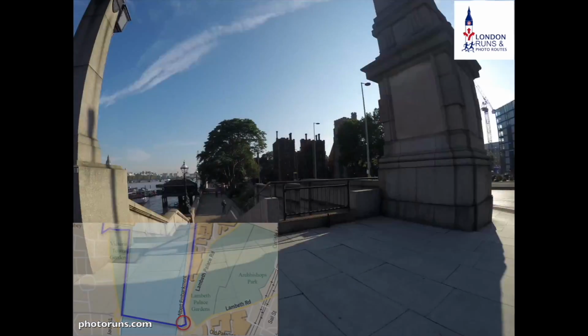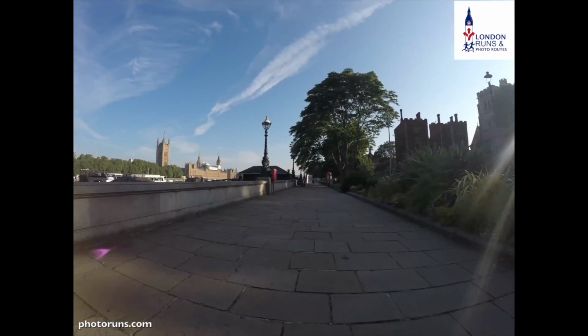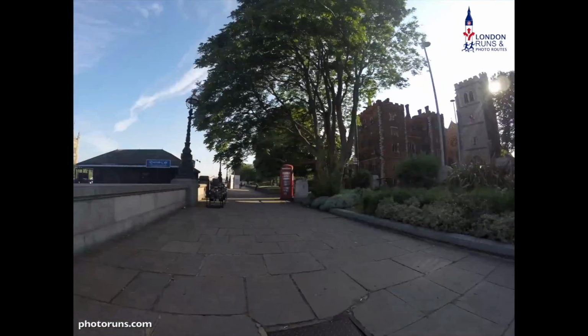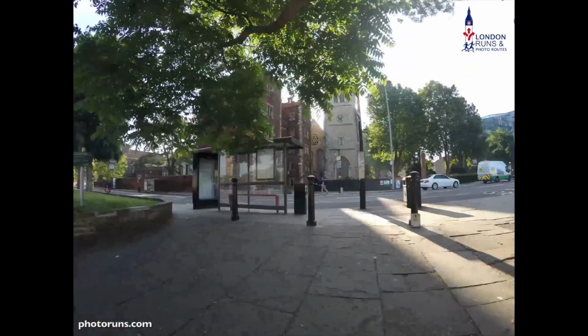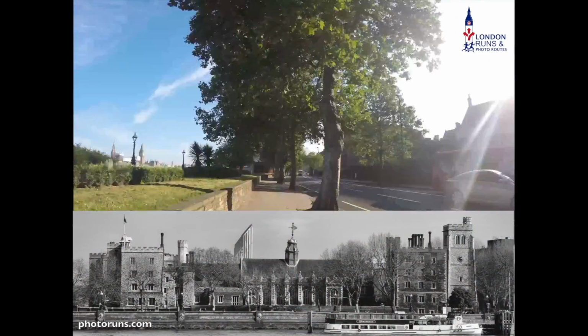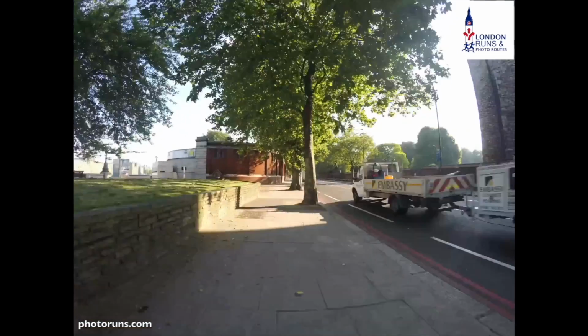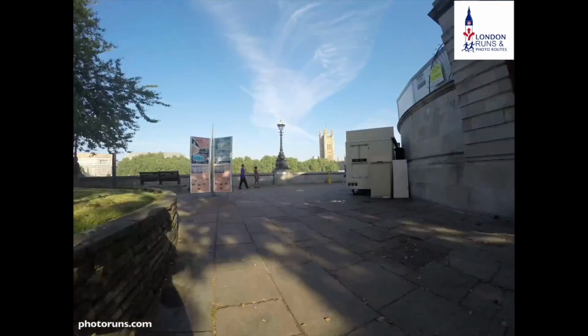And when we get to the end, we just turn left down the stairs and we will have Lambeth Palace on our right hand side and a pier on our left. And then we just go to the side of the palace so you get a bit more of a view of it. And just as we get to the end by the SOE Memorial, we turn left and then we